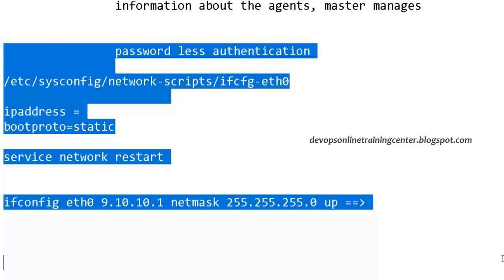So the question is, when we can write in shell scripting, when we can write in Python scripting, why do we need tools like Ansible, Chef, and Puppet? Anything we can write in shell scripting, and if it's not scalable, or if we want some complicated logic, we can always go for Python or Ruby or Groovy. So why do we need tools like Chef and Puppet and Ansible for automation? See, anything can be done using scripting. If you have Python scripting, it doesn't matter how many machines you have.